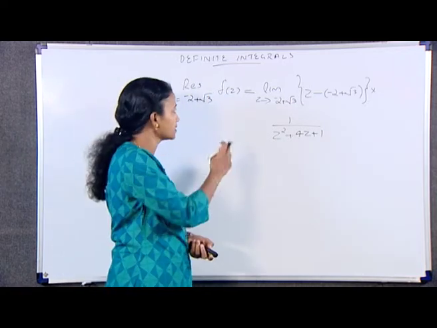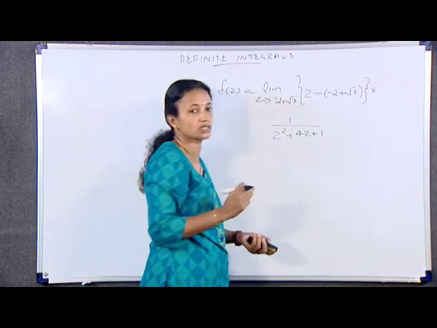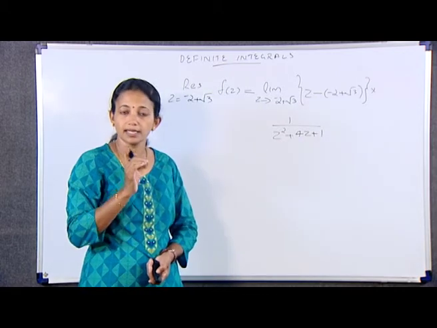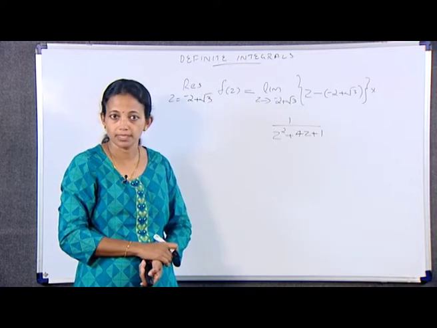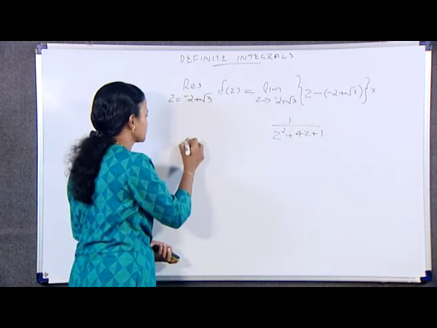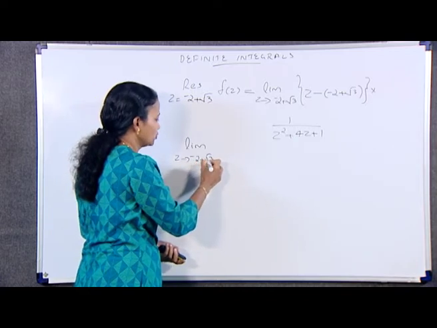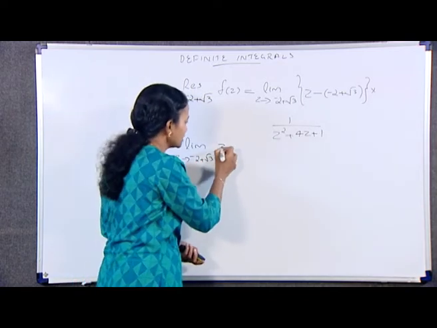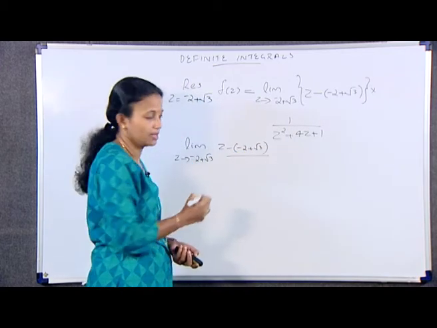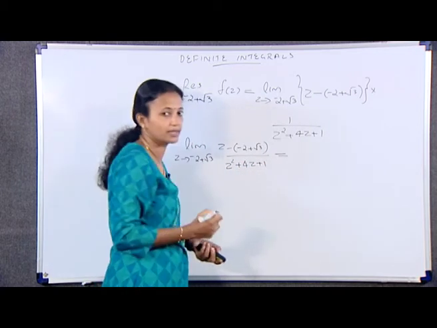Now, the limit as z tends to -2 + √3 of (z - (-2 + √3)) divided by (z² + 4z + 1) is in the form 0 by 0. Hence, we apply L'Hopital's rule and obtain the limit as z tends to -2 + √3 of (z - (-2 + √3)) divided by (z² + 4z + 1), that is by L'Hopital's